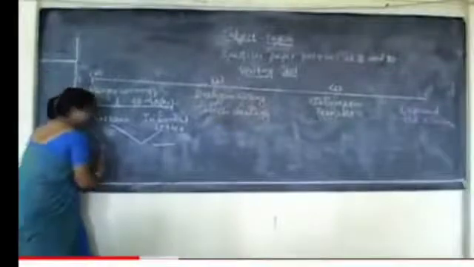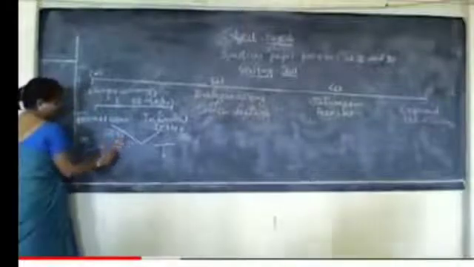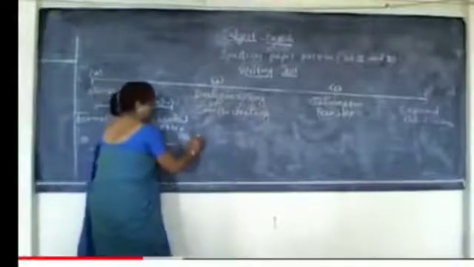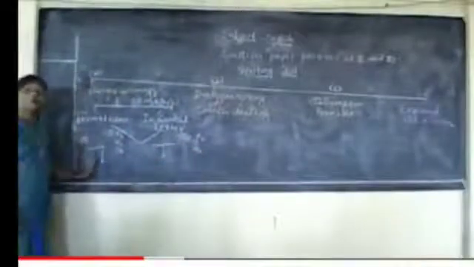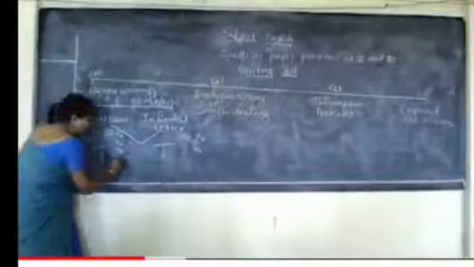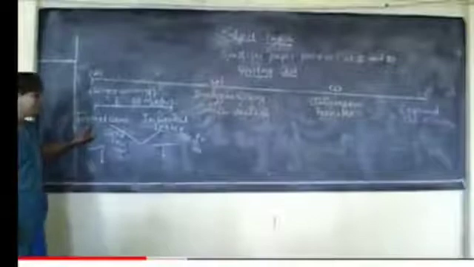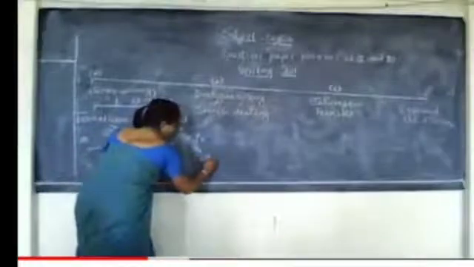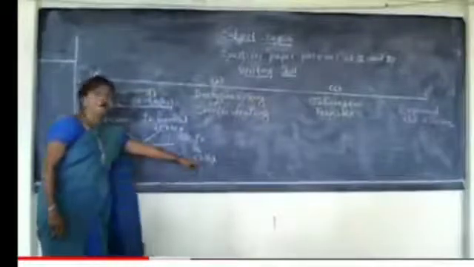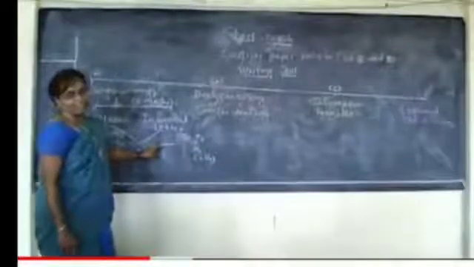Then there is the main body of the letter. Here half, half, and half, 1.5 marks is there. Here half and half, 1 mark is there. Then there is the body of the letter. Here the body of the letter carries 2 marks in the formal letter, while in informal letter, the body of the letter carries 2.5 marks. Here you gain half mark just because you do not need to mention the address of the recipient.